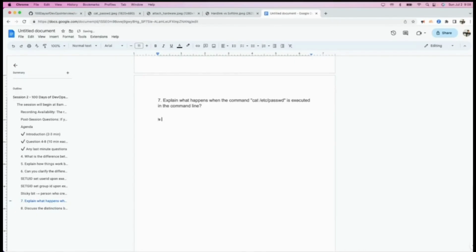So again, I will pause here for a second and give you a few seconds to think about it. What do you think happened behind the scenes when you are executing any command in Linux? So I will start with, let's say I'm in the bash interpreter. If you look at this command, what do you think is happening behind the scenes? If I'm seeing this cat /etc/passwd command, what exactly am I seeing?